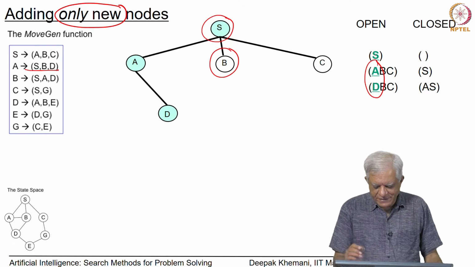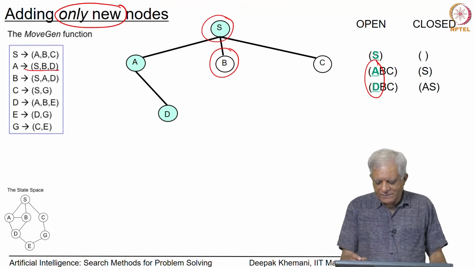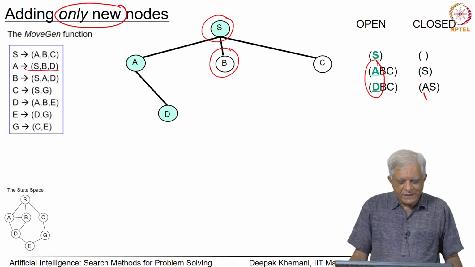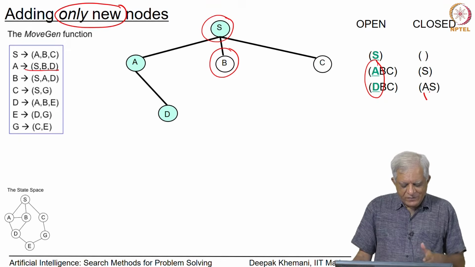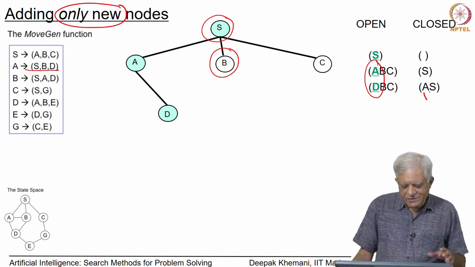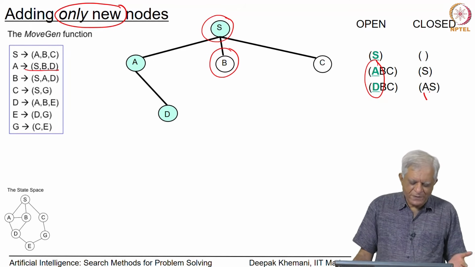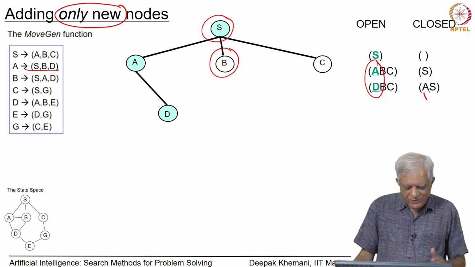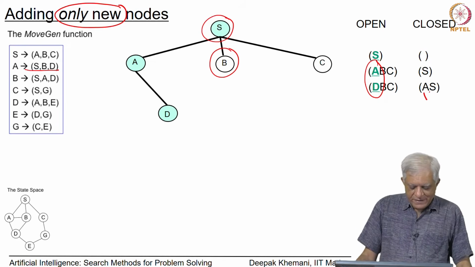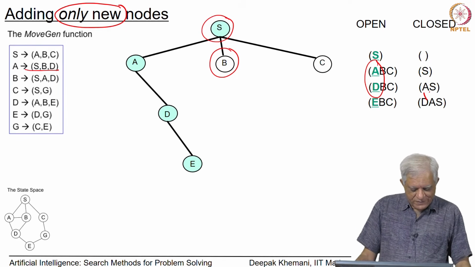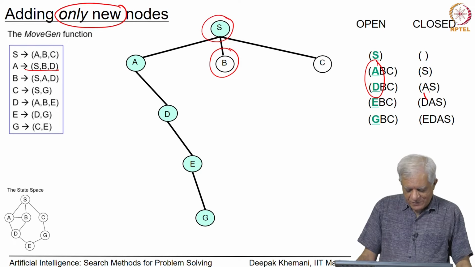and that is depicted here: when we remove A and put A into the closed list, we add only D to the open list. The reason for this is that we have not added B, because B was already on open and at some point we are going to look at it. So why keep 2 copies? And then this goes further, from D it goes to E, and from E it goes to G, and then